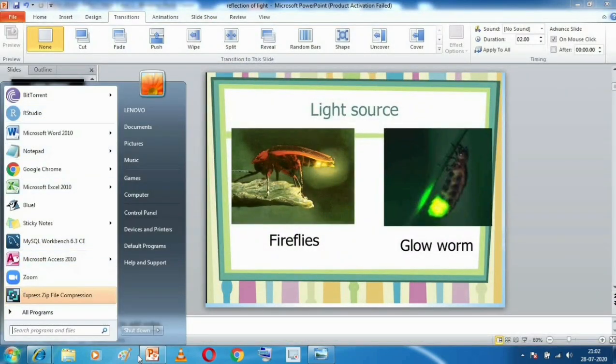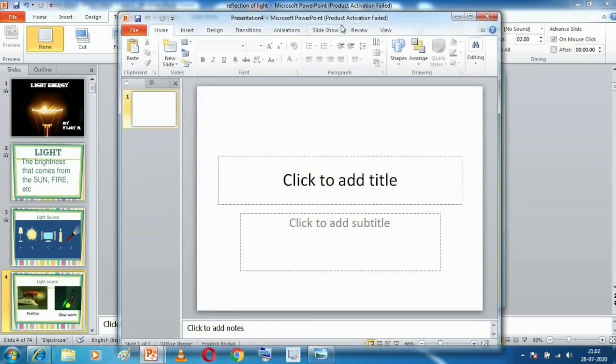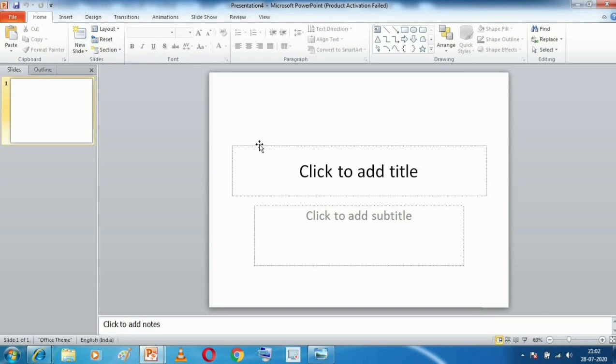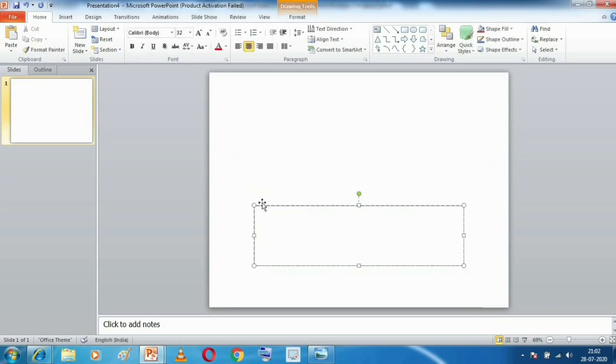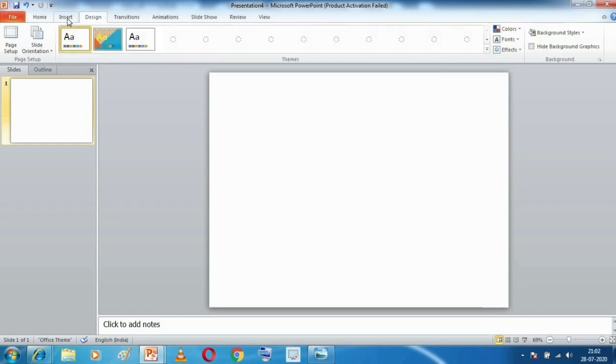Let me open Microsoft PowerPoint again. For charts you require some data in form of table. And about charts you will study in much detail in class 8th. So don't worry about charts right now.